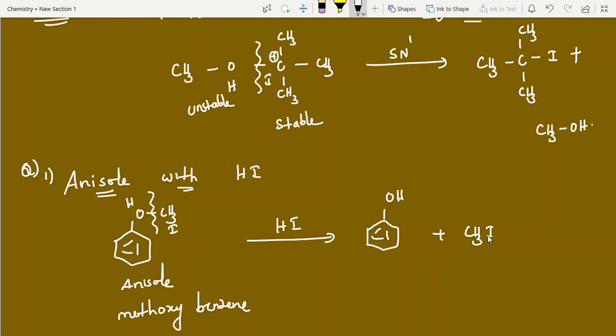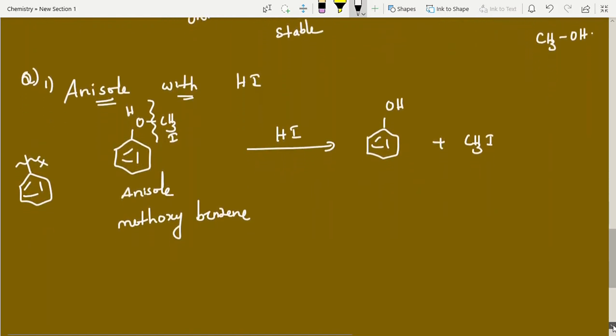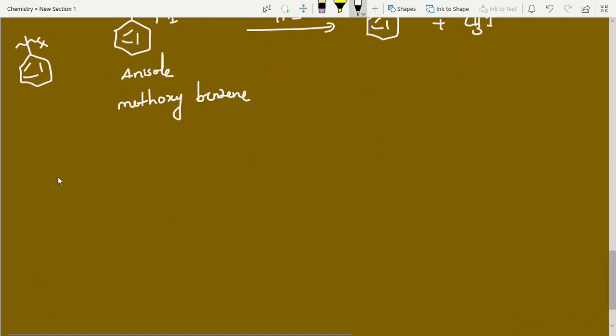Okay. Now, if you break here, suppose imagine, if you break here and add X, this is an aryl halide. Aryl halide is unstable. Aryl halide reactivity is very low and it forms a highly unstable carbocation. Phenyl carbocation is highly unstable. The methyl one is better when compared to this one. Compared to methyl, phenyl is unstable. Okay, like that we have to check it. What is the intermediate here? CH3 plus, here phenyl carbocation. Phenyl carbocation is highly unstable. We have to check it always like this in questions. Okay, now next one.